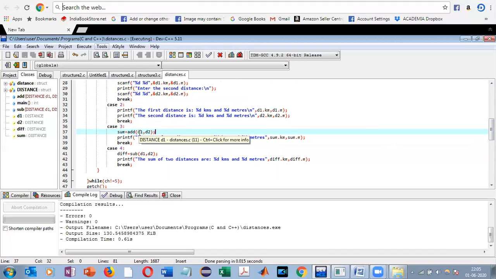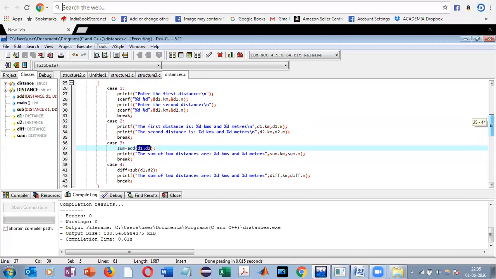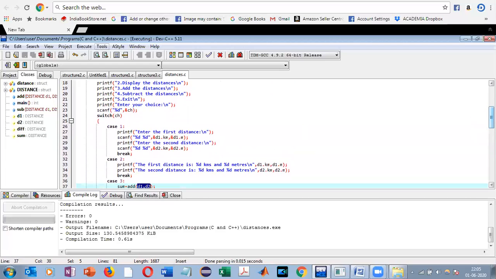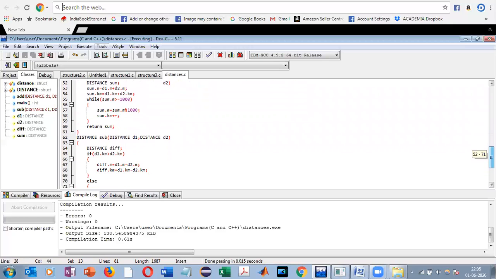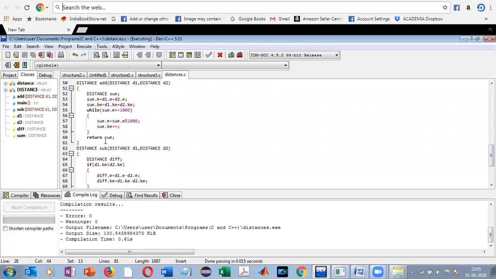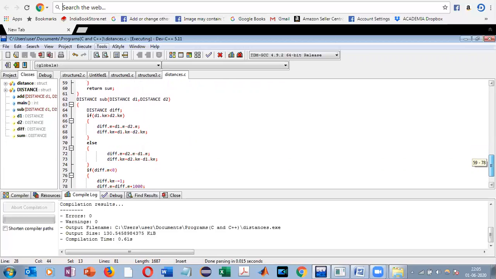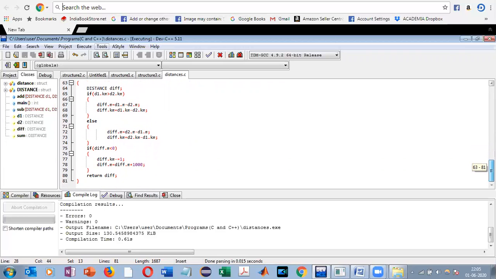So whatever argument we are passing in the called function is also of distance type, of this structure type, having two parts, a kilometer portion and a meter portion. Whenever this function is going to return a structure, when we are adding, it is going to return sum. When we are subtracting, it is going to return the difference.